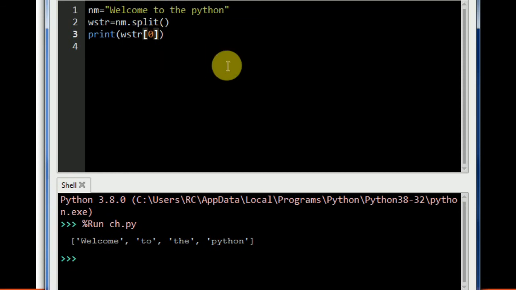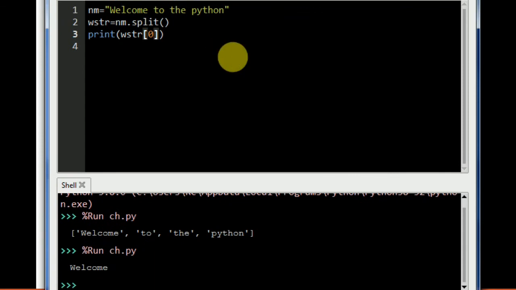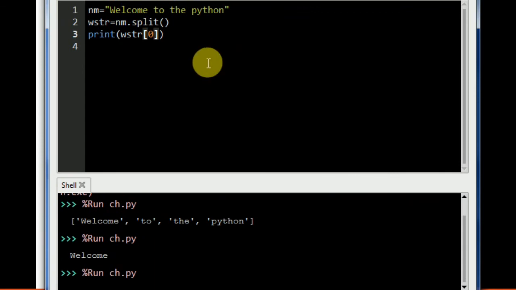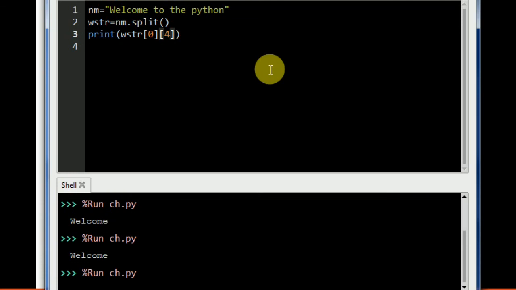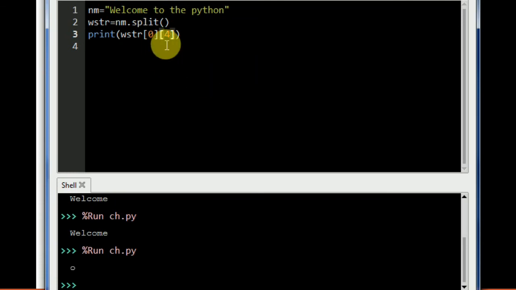If I execute that, welcome is displayed. Now if you need E or some other character, I put the bracket, I put 4, counting 0, 1, 2, 3, 4, M is going to be displayed. We are going to check that O is going to be displayed. This is the method that you need to follow.